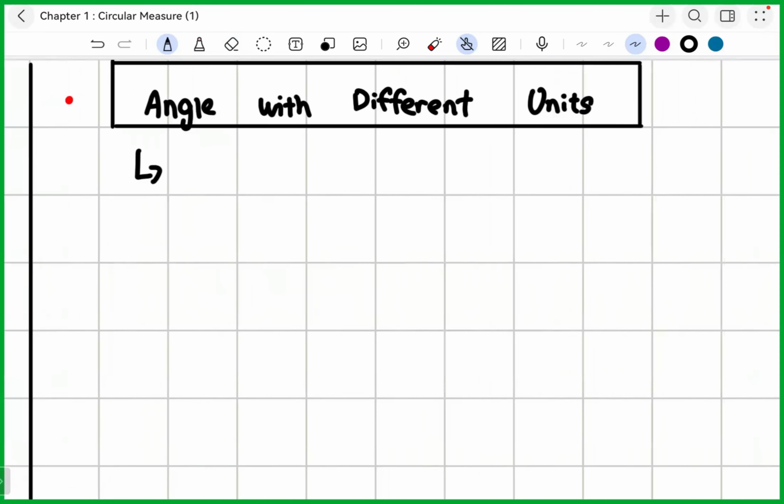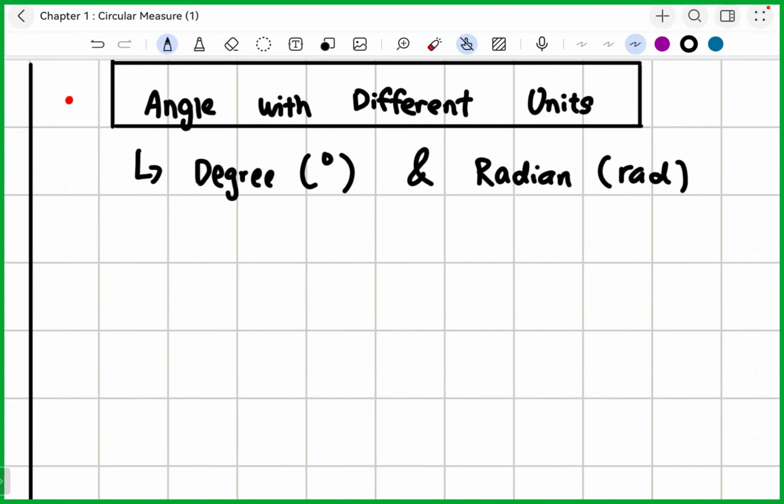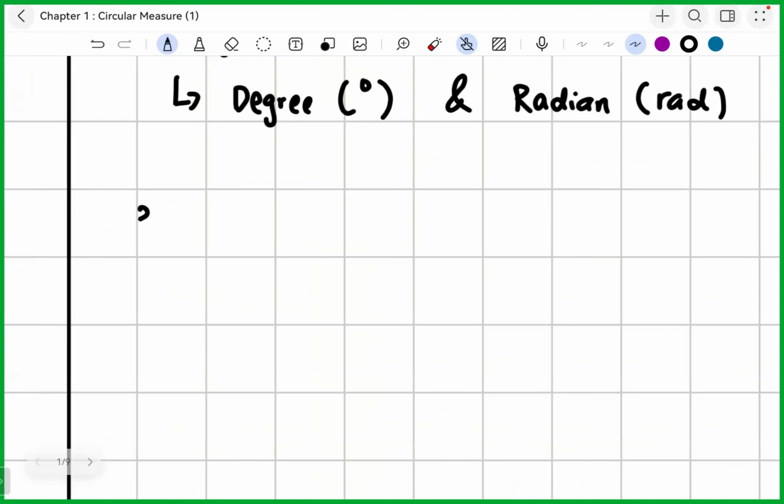The first one is degree, and also radian, R-A-D. We normally shorten it and call it rad. So how can we convert angles from degree units to radian units? For example, I give you 30 degree. If the question gives you 30 degree and asks you to convert it from degree units to radian units,